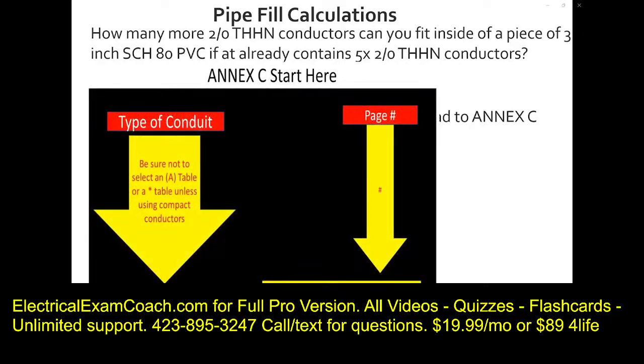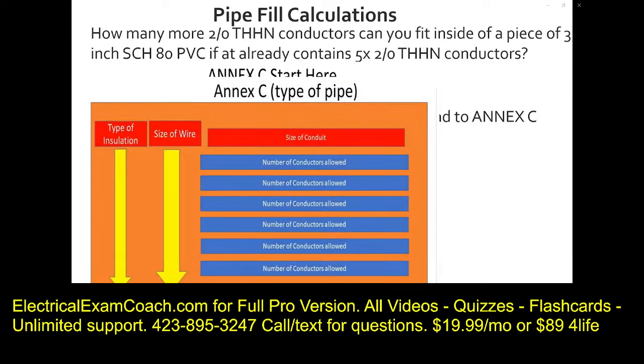When we get to Annex C, start here, we're going to start on the left-hand side until we find our conduit, being sure that we're not in the A version of the table. Then we're going to come over and cross over and find our page number. When we get to the actual table, we're going to start first and make sure that we're in the right table by reading the